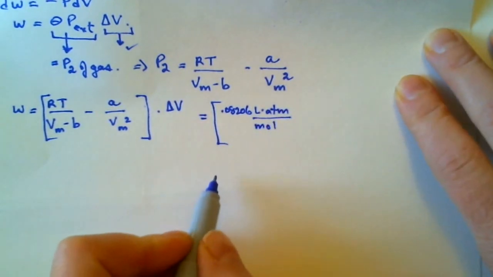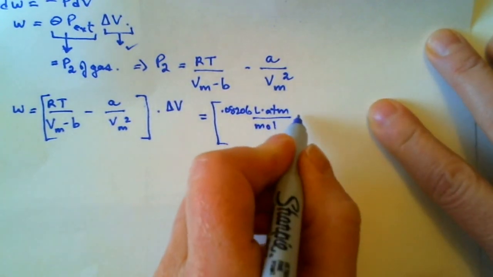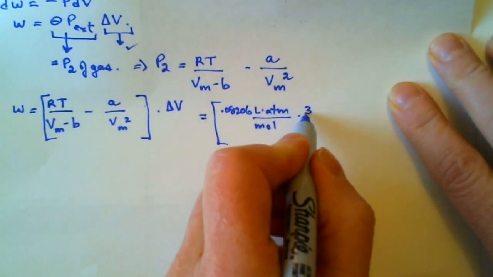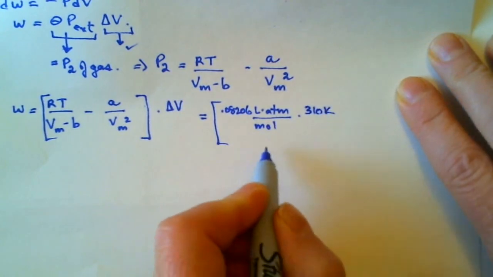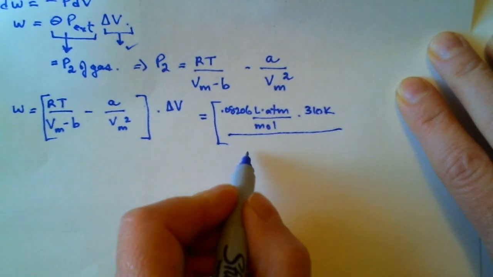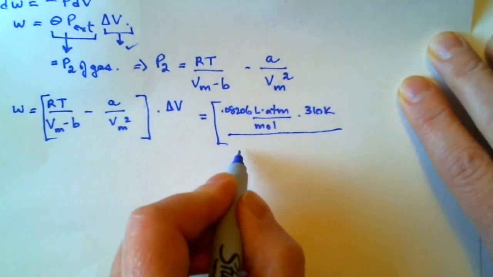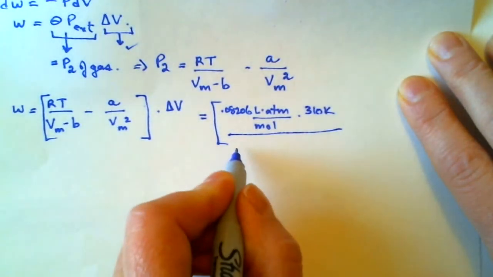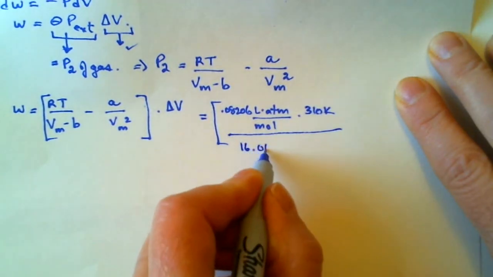I'm using the 0.08206 value for R. Temperature is isothermal at 310 Kelvin. All of that is over my molar volume, which is the volume divided by the number of moles. This is V2 volume, so it's 16.0 liters